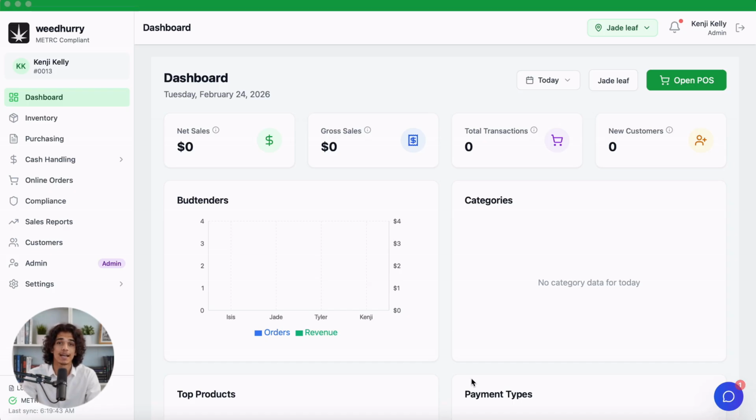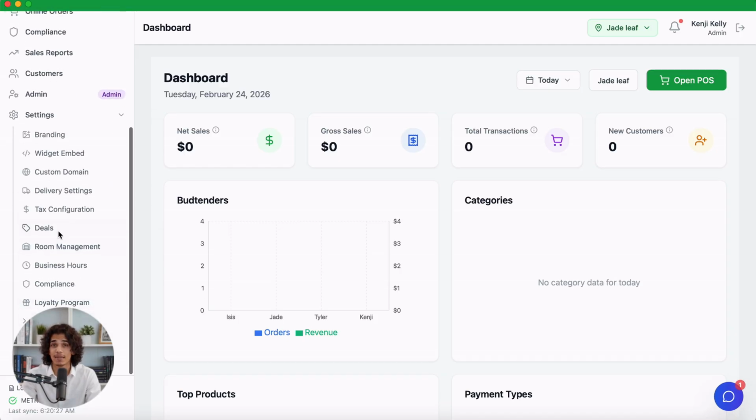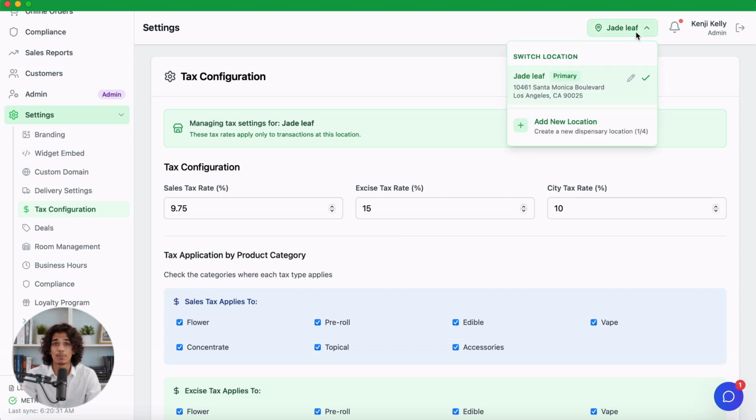To get started, head to Settings from the left sidebar and click on the Tax Settings tab. If you're managing multiple locations, you'll notice a green banner at the top showing which location you're currently configuring. Tax rates are set per location, so make sure you've selected the right store from the location switcher before making changes. If a location hasn't been configured yet, you'll see a yellow banner letting you know it's still using your